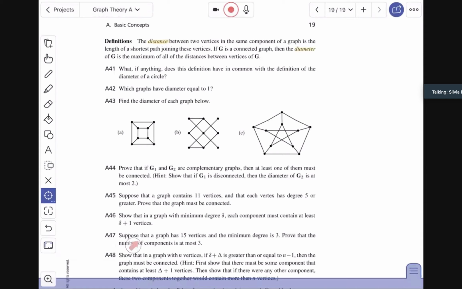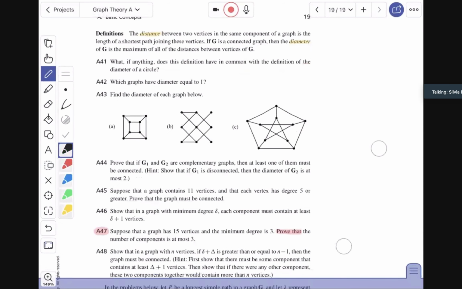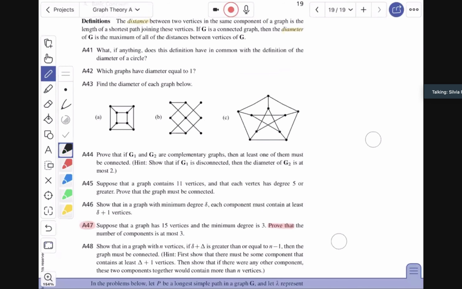Here you can see 8.7 is the problem that we just went over. It actually tells you that the number of components is at most 3. Okay, so this is the problem that we did earlier today. So this one, we did it earlier, but this one actually says prove that, right? So I was just looking for the number. Here you actually have to prove that the number of components is at most 3. So you have to argue